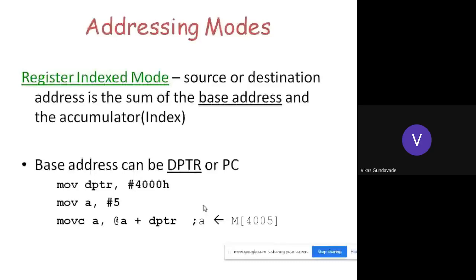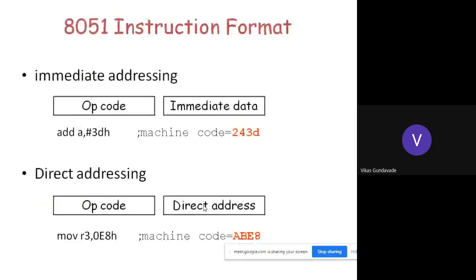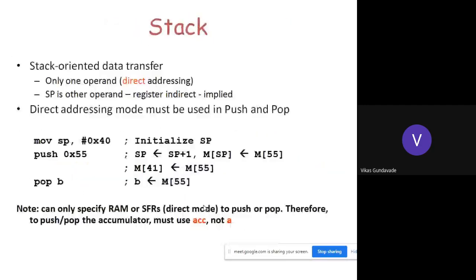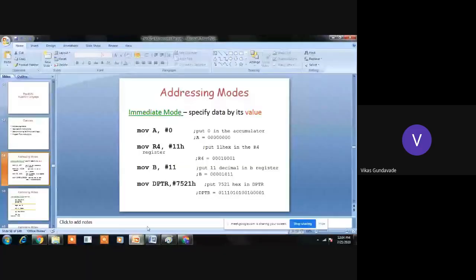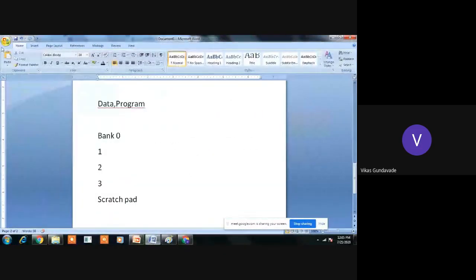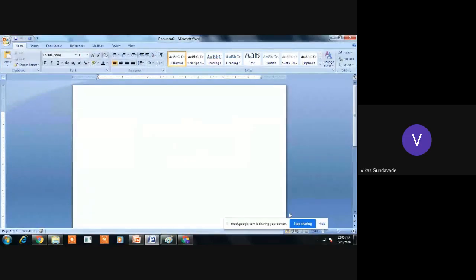Okay. So this is about the addressing modes of 8051. Now we will move further towards the instructions of the microcontroller. So the first instruction group is the data transfer group. All the instructions which are available in the microcontroller are grouped depending upon the operation. The first operation is transferring the content from register to memory, from memory to register, or an immediate value into a register or memory. So it is called data transfer.